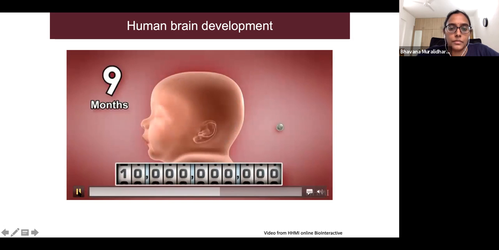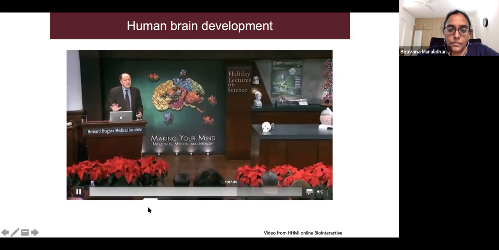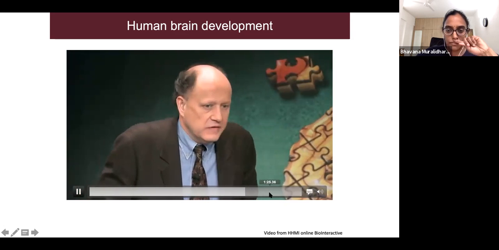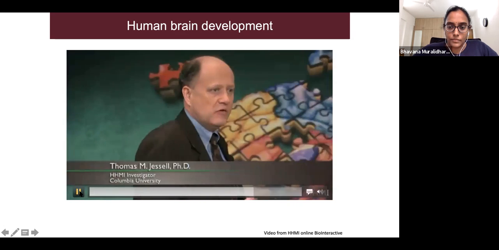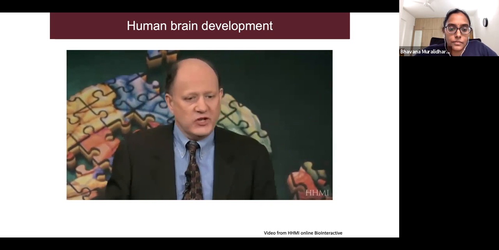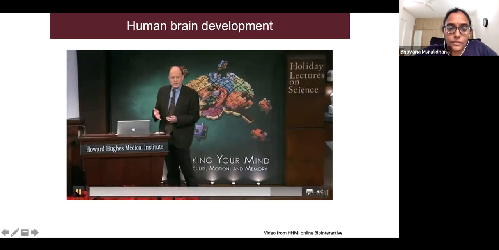After birth, there's yet further addition of cells to produce the 100 billion or so nerve cells that occupy the human brain. And one remarkable feature is that even in adult life, new neurons are being added. And there is evidence that the rate of new neuronal production depends on the degree of richness of your environment. So every time you come to the Howard Hughes Medical Institute